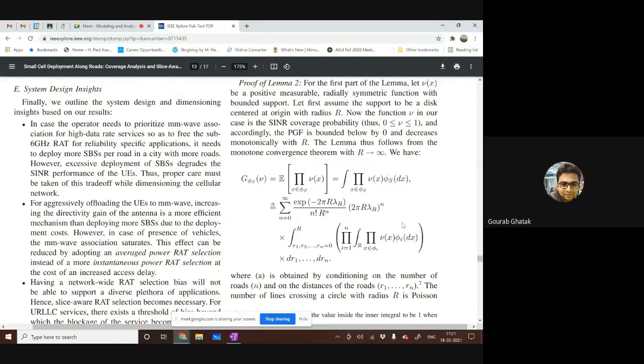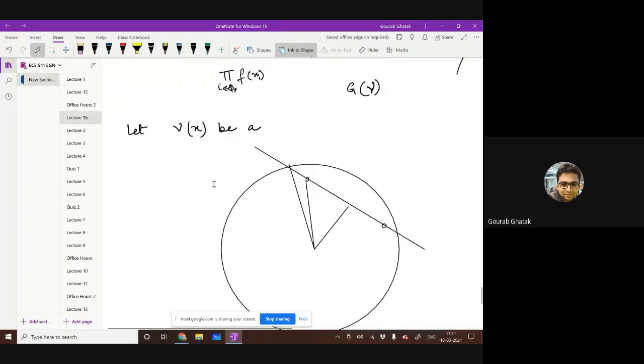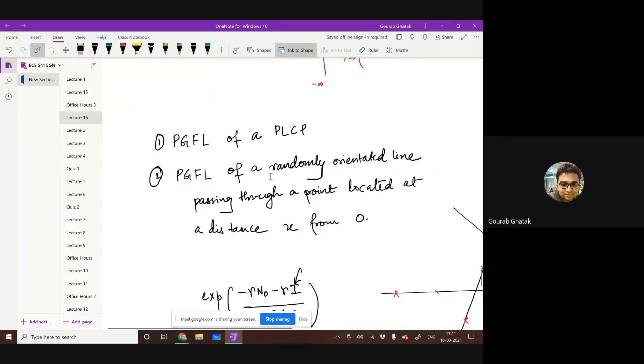But how do we do it? We take one of these lines, take care of all the points located along that line, which, by the way, are Poisson point processes, and then average. It's similar to the derivations we have been doing. The remaining part is a bit tricky, which is the second part, which is the probability generating functional of